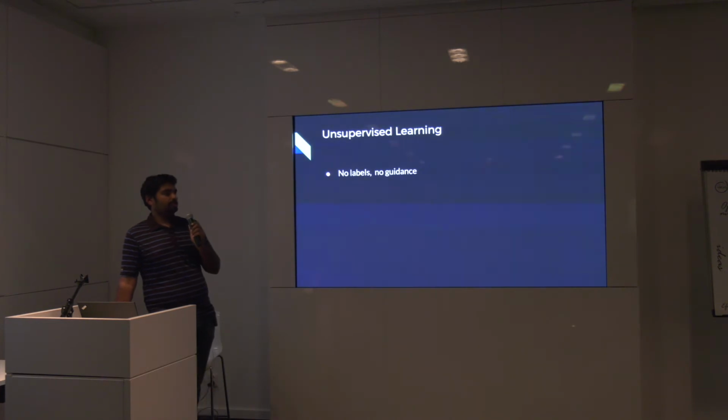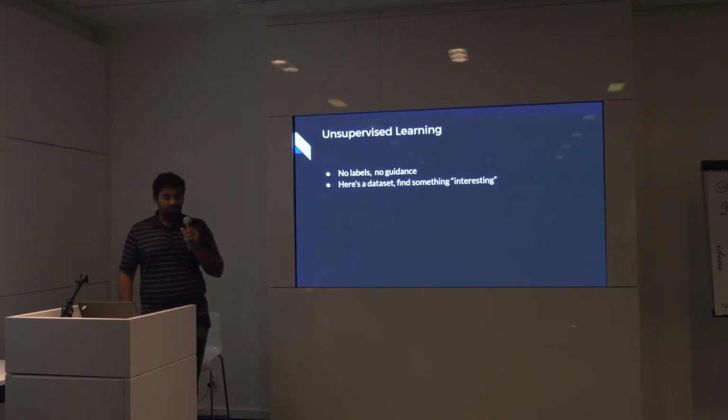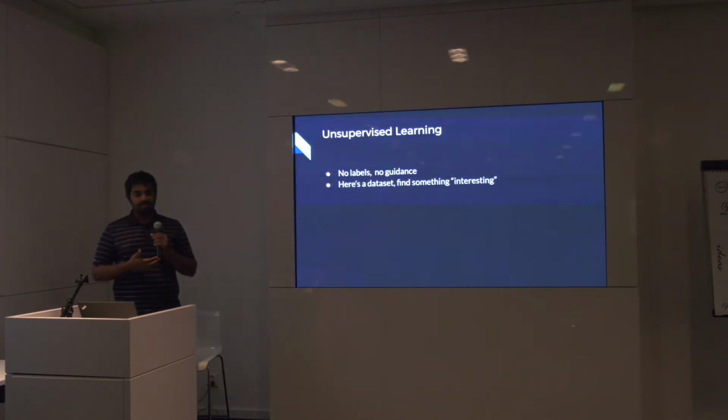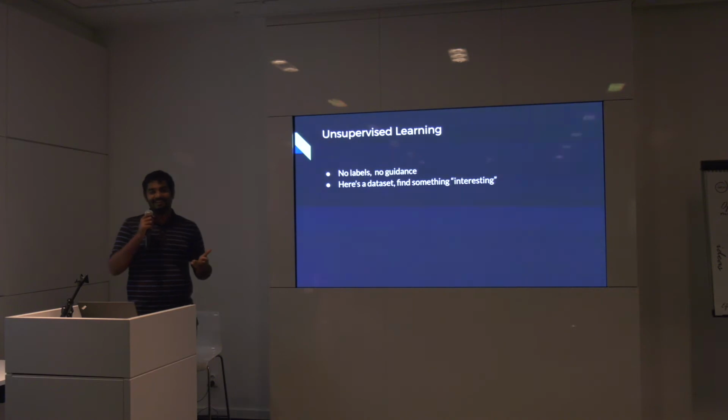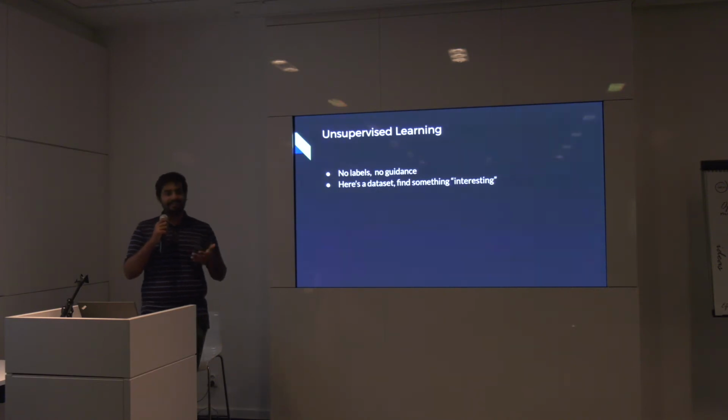In unsupervised learning, simply said, there are no labels, so therefore there's no guidance, there's no supervision. So usually the problem sets are like your boss comes to you and says, hey, here's a data set, get me something interesting, right? As a human, it's really annoying, but you still come up with something. But as a machine, it's really difficult for it to understand what is interesting.